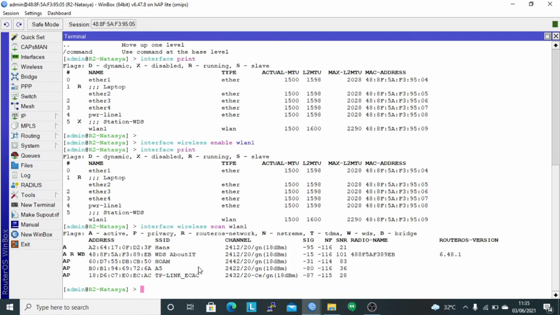And then connect WLAN 1 with the access point of router 1 and add WDS mode with the command interface wireless set wlan1 mode=station-wds, connect to SSID WDS-about-IT, band 2GHz-B/G/N, and using WDS mode dynamic.